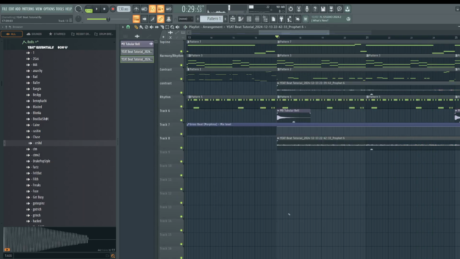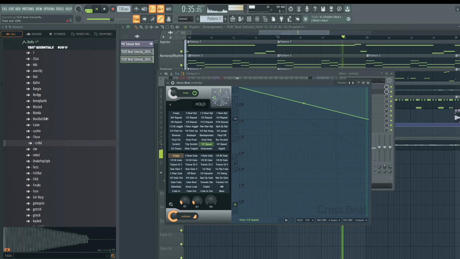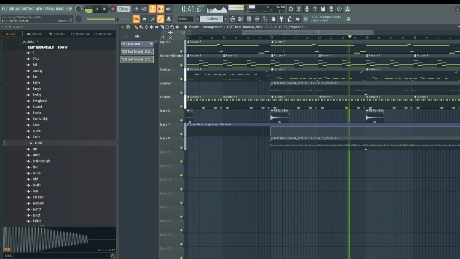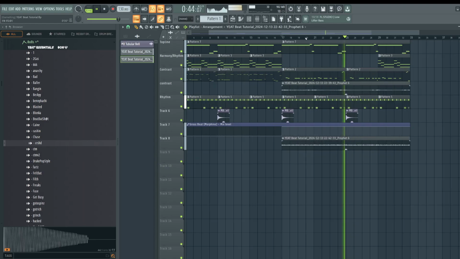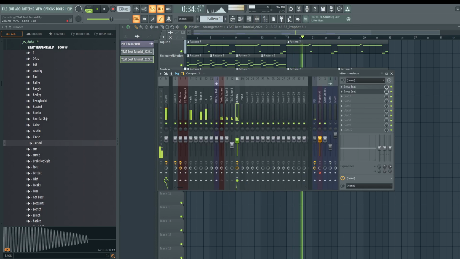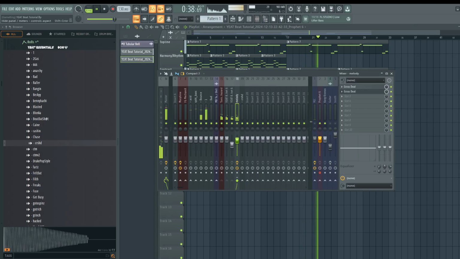Notice those Gross Beat sounds are 1 and 2 and 3. It's on the ands. We could also add Gross Beat's tape stop effect in here.